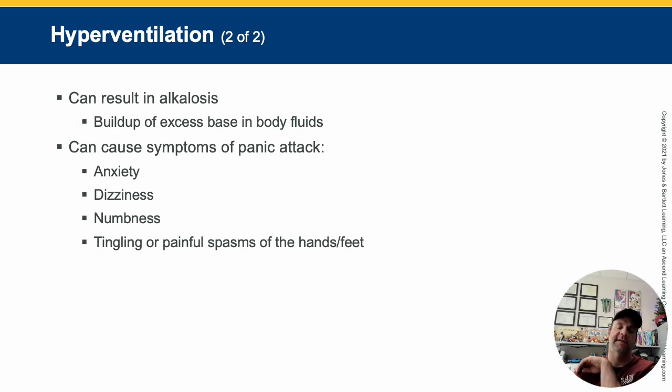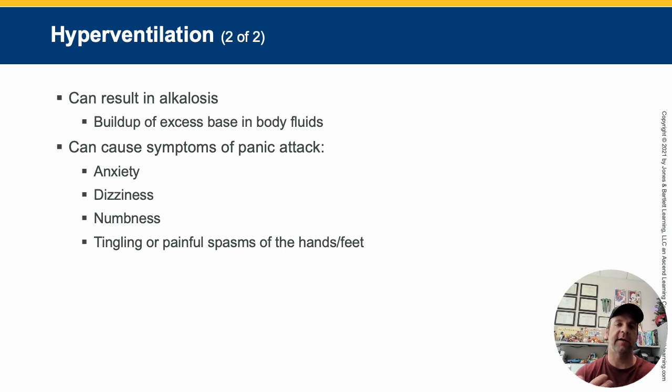Now this slide is going to focus more on the physiological consequences of hyperventilation, especially when it's caused by psychological factors rather than a serious metabolic disturbance. So when someone breathes too rapidly or too deep for too long, they blow off too much carbon dioxide, which is going to lead to, again, a condition called alkalosis, and that's a buildup of excess base in the body's